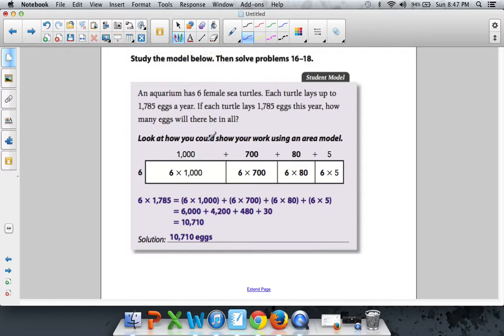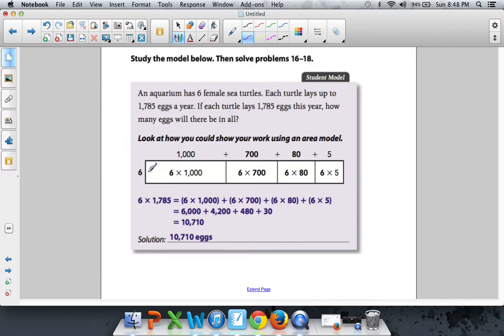Here's the example problem. An aquarium has 6 female sea turtles. Each turtle lays up to 1,785 eggs a year. Wow. If each turtle lays 1,785 eggs this year, how many eggs will there be in all? What? Oh, I get it. So anyway, you've got to do 6 times